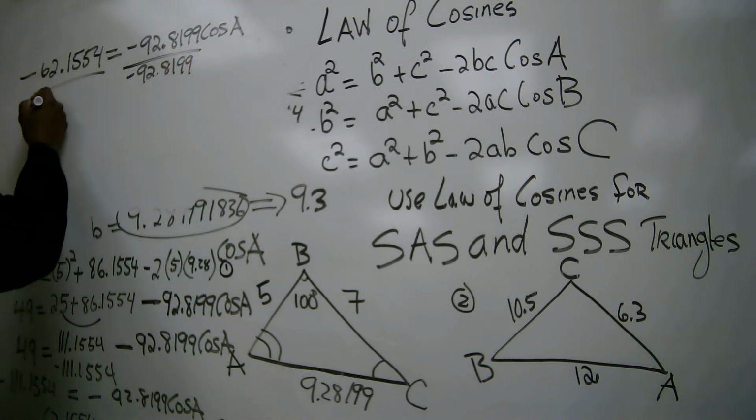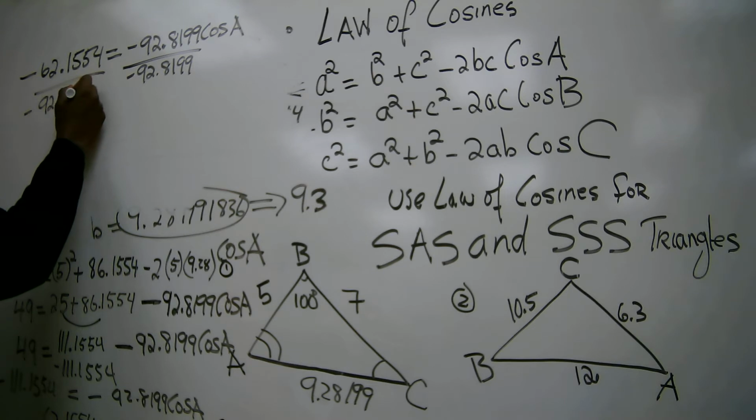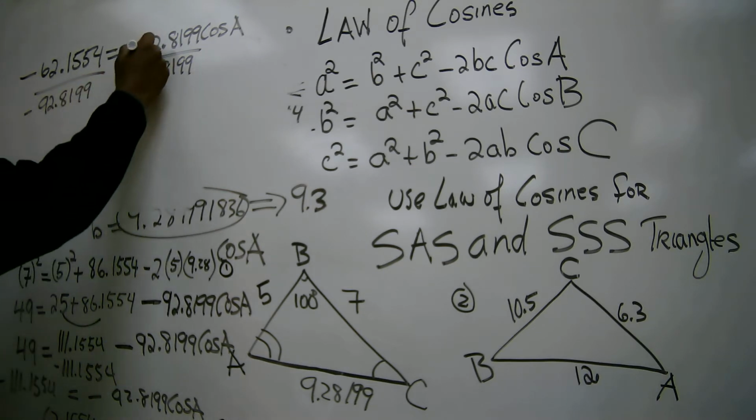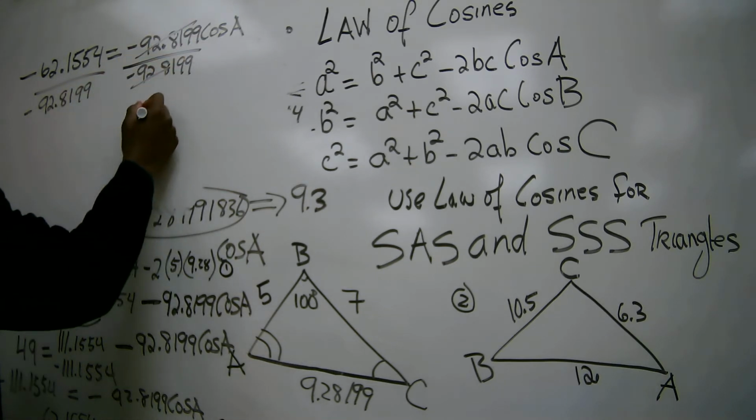You do the same thing. When you divide two negatives, that should be positive. This cancels, then you will end up with cos A